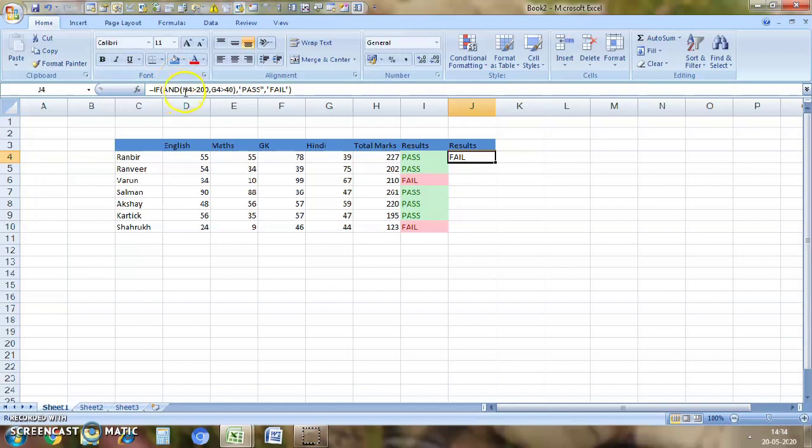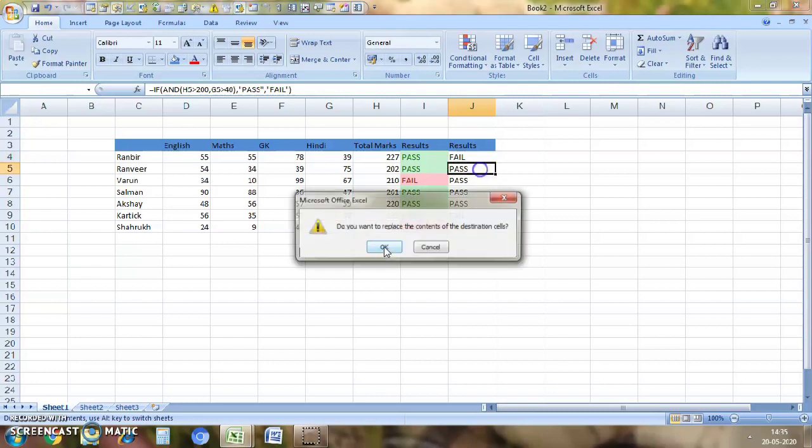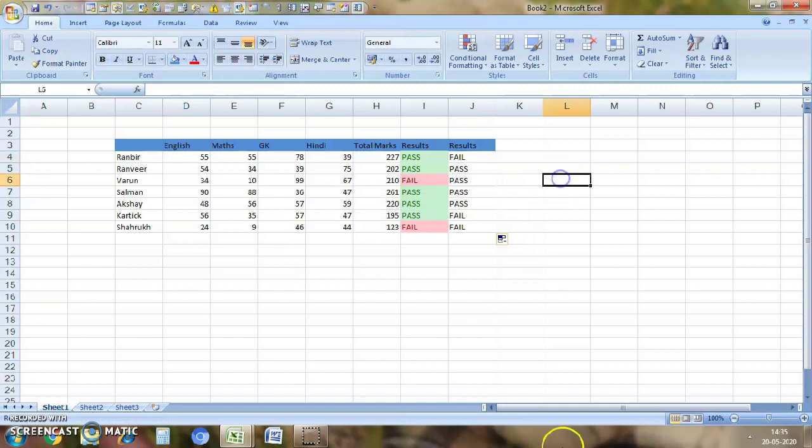This is because, I'll explain once. In this AND formula, Ranveer is fail because in the AND formula the conditions should meet. Both conditions should meet.